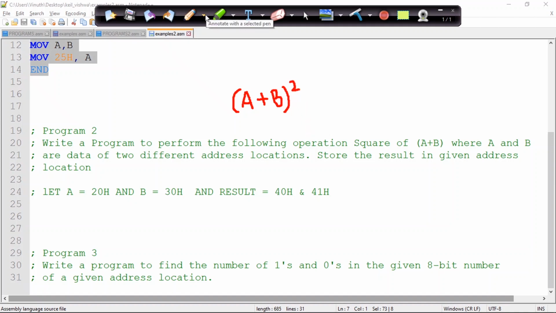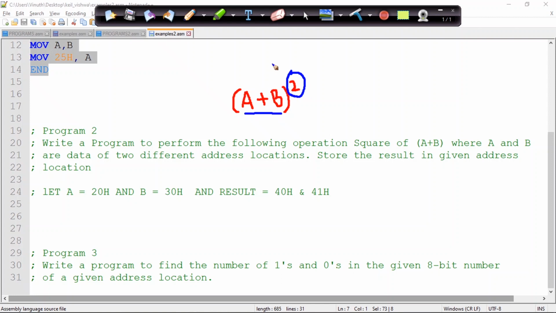See this square operation, we saw in the previous example. Now we need to perform this. When you look into the mathematical operations, it always works in terms of BODMAS. So brackets first. Here we are having brackets, and inside we are having the addition operation. First we need to perform this particular addition operation, and later on I need to perform the square operation.